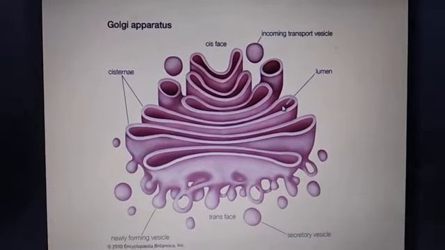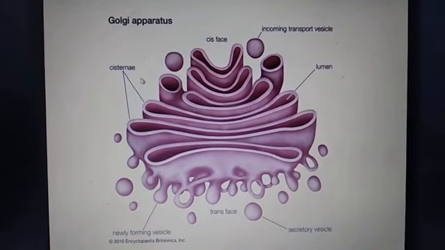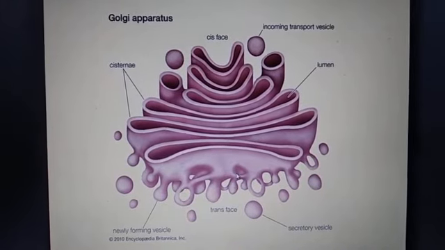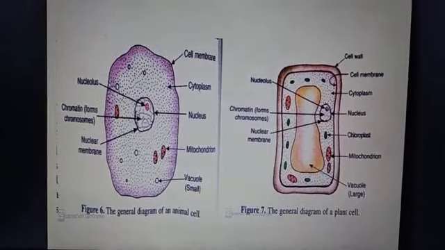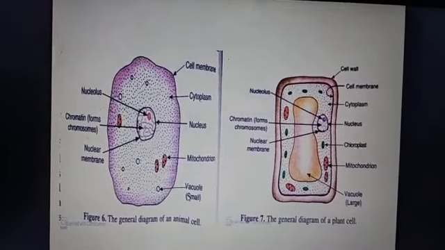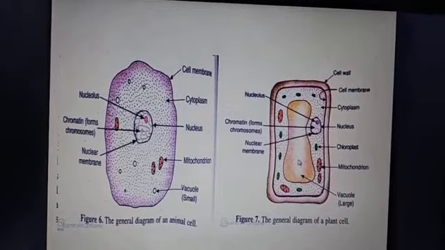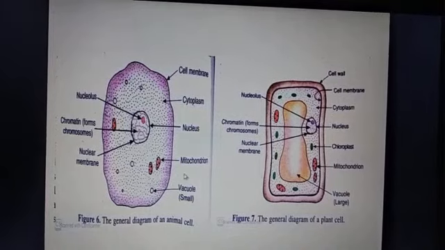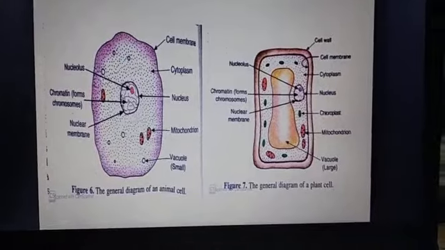Another cell organelle is a Golgi complex. They are sac-like structures. They are involved in the processing and packaging of material. The next cell organelle that we are going to discuss is vacuole. The vacuole appear as empty space in the cytoplasm. They are bigger in size in plant cells as compared to animal cell. The vacuole store excess of water and waste products.